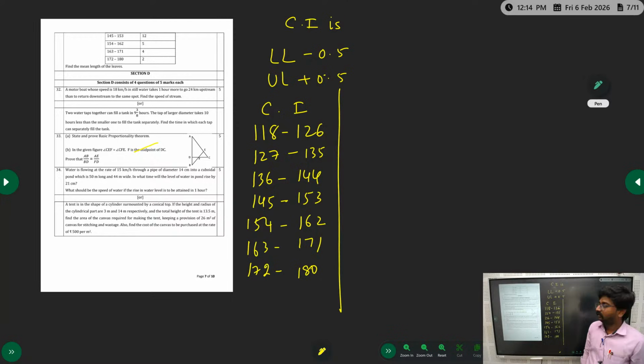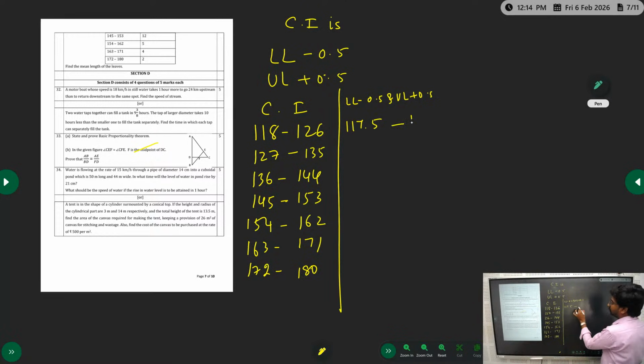Okay. Then first I will do this: lower limit minus 0.5 and upper limit plus 0.5. You should not do it for all the class intervals. You should do it only for the first. Next you can write easily. Please see this technique. Lower limit minus 0.5 is